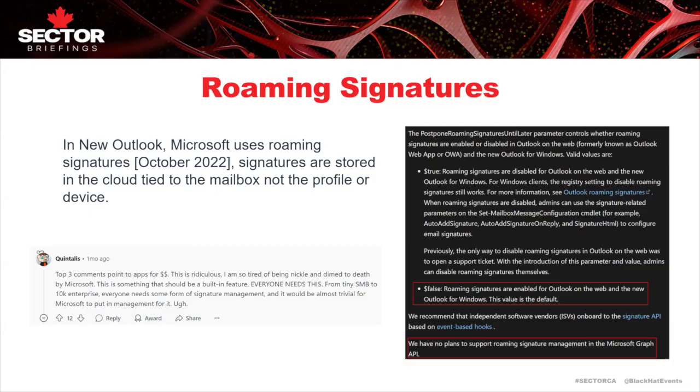Now, just a couple of words for signatures overall. It sounds like, okay, they are dangerous. Why wouldn't I use them, right? Well, signatures are actually very important. You can find dozens of different Reddit messages. Organizations need to have a centralized brand for all their employees. They need to manage those signatures.